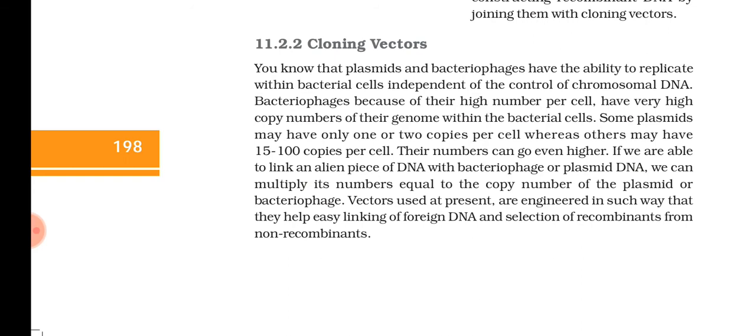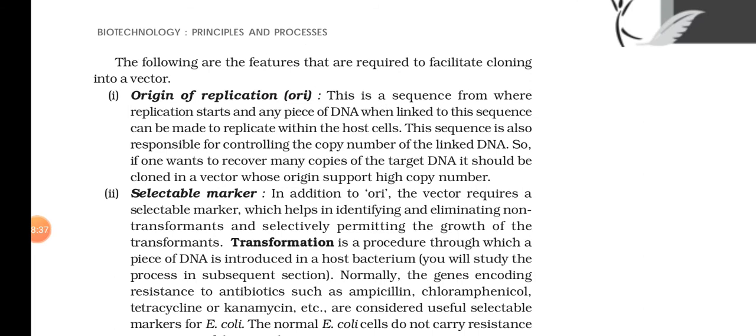Okay, so in addition to this, they also support high copy number. Means what? The number of genes multiplied, or the number of plasmids formed from the particular plasmid in which we have introduced the gene. Number of copies can be formed, and the vectors are nowadays modified in such a way that they increase the copy number. Means within one procedure only you should get a number of copies of the same gene. So now we are going to see what are the qualities a vector should have.